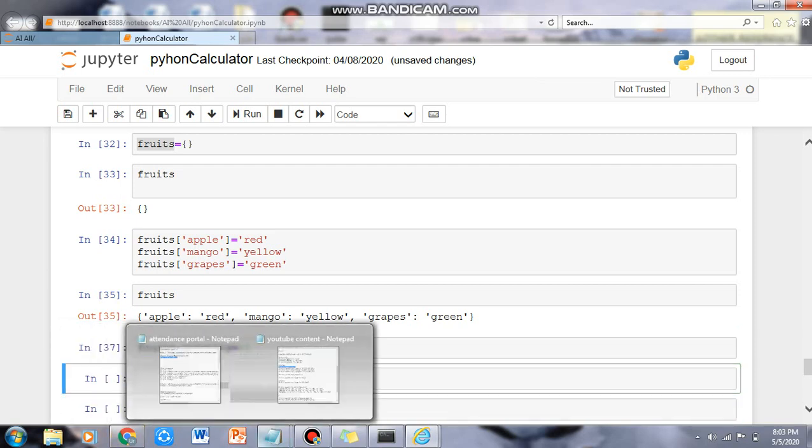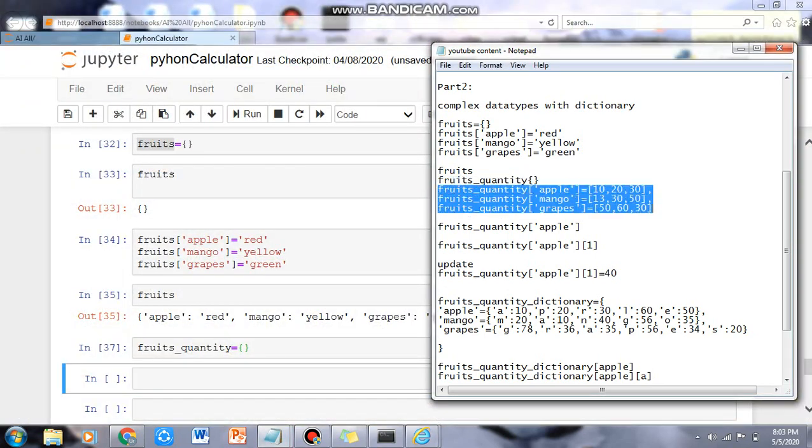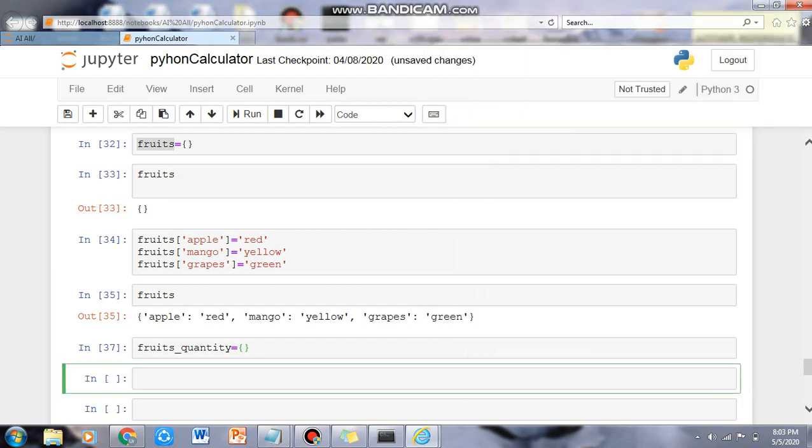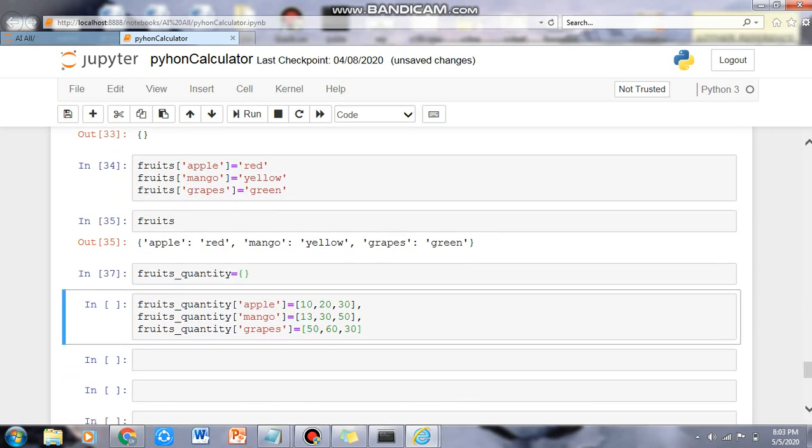Now what we would like to do is add some quantity here, like if we want to add some items of apple, mango, grapes, but this time we are adding them in a list. So apple is the key, and we have the value in list form, that is 10, 20, 30.